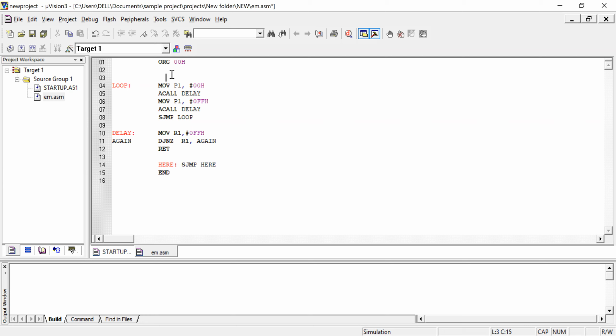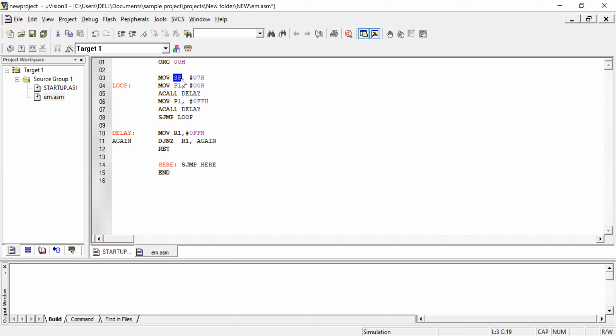Here comes one more instruction, that is move stack pointer register, comma hash. I'm placing 07 as the data into the stack pointer. The stack pointer is a register which holds the address.